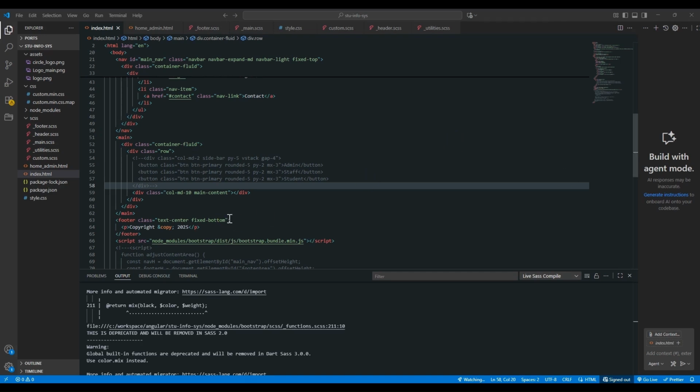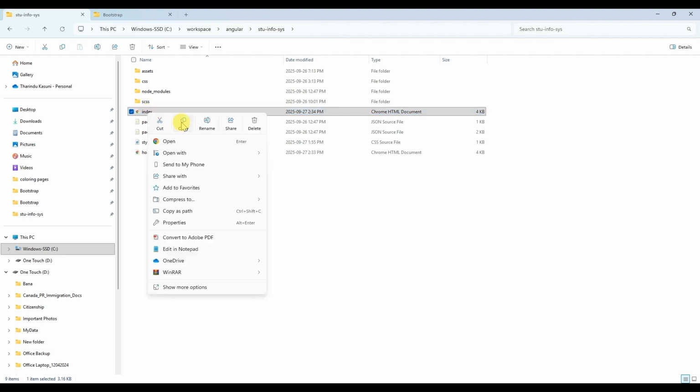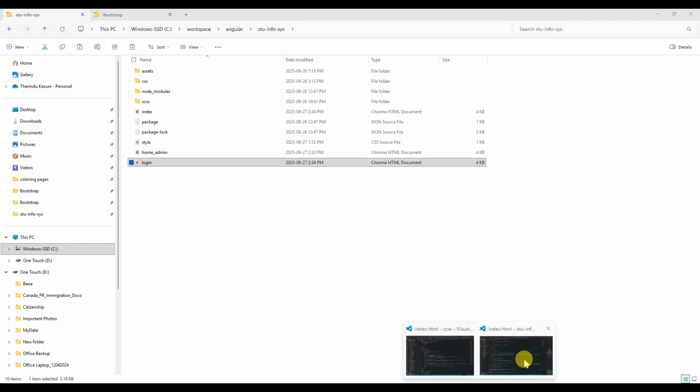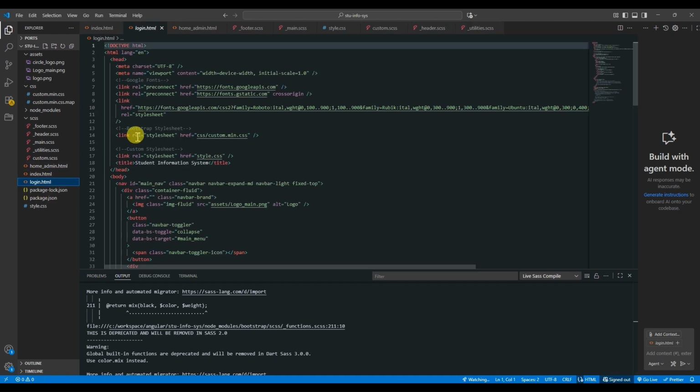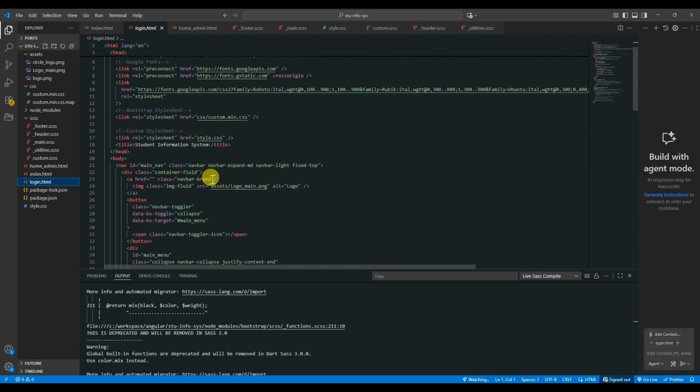Next, I'm going to create the login page for this system. First, I will copy this index.html file and I will rename it as login. In this login page,